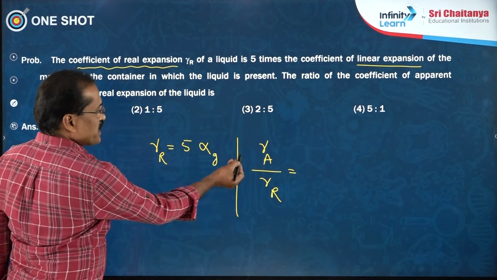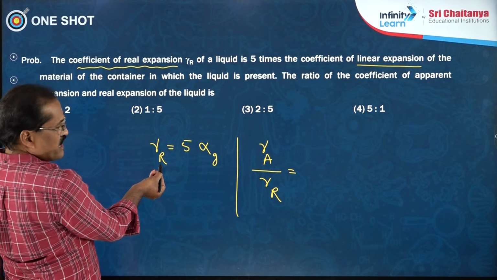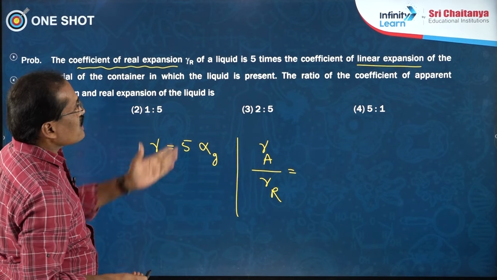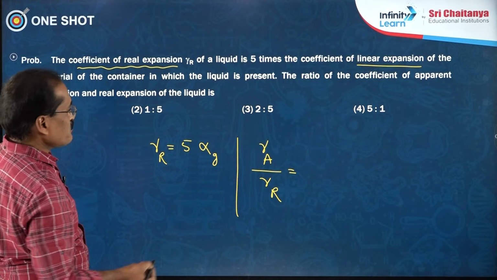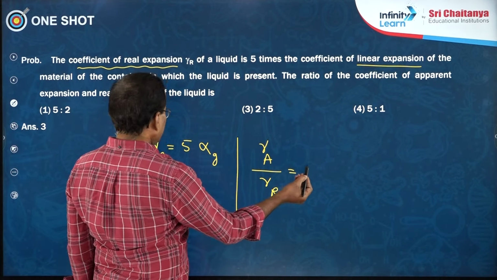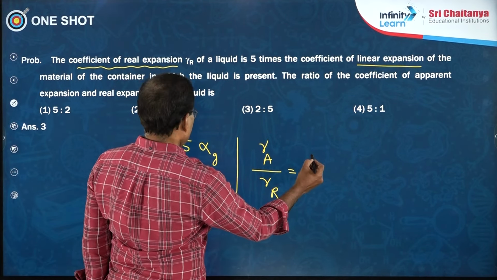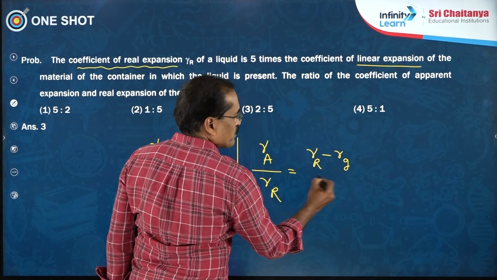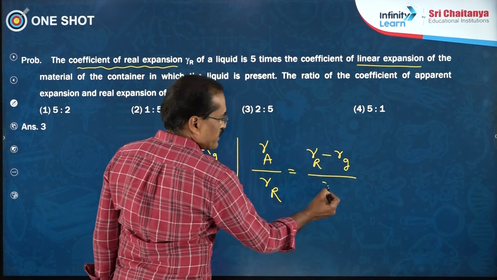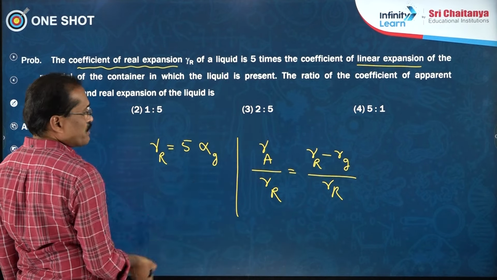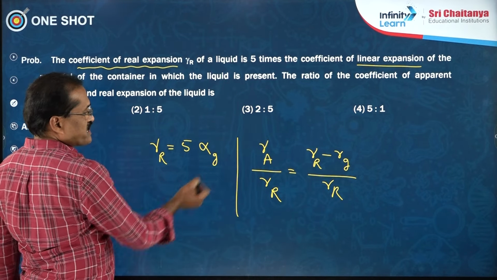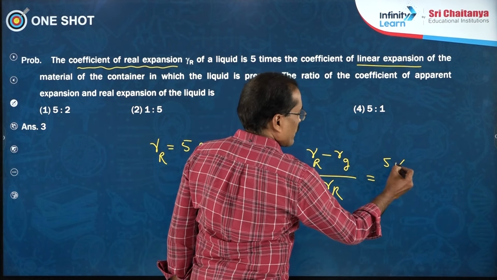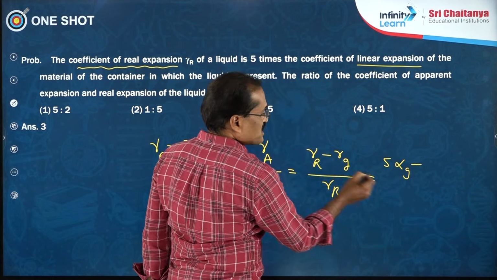See, gamma A by gamma R. Here gamma R is given and gamma A is asked; it is asking for the relation between gamma A and gamma R, and you can check how to find it here clearly. In this case, gamma A is equal to gamma R minus gamma G, we know. And because this is given in terms of gamma R, we can substitute gamma R is equal to 5 alpha G, minus this 3 alpha G,